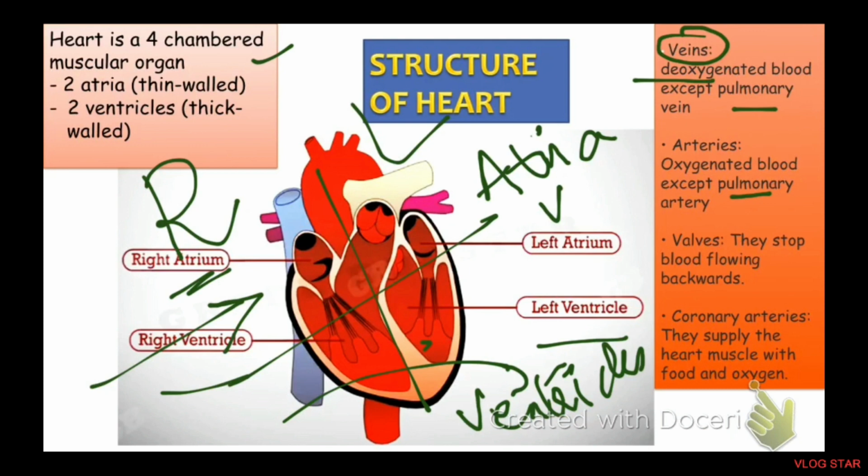Correct? Same thing goes for the artery. Normally the role of an artery is to carry oxygenated blood. But when it is a pulmonary artery, you are going to remember it as deoxygenated blood. Okay. This is going to be much easier to remember in the further slides as we see how the blood flows through these 4 chambers.